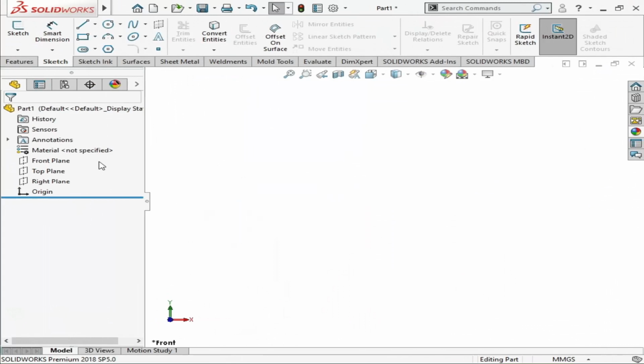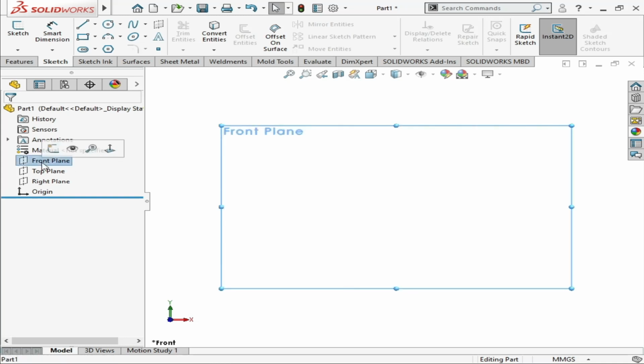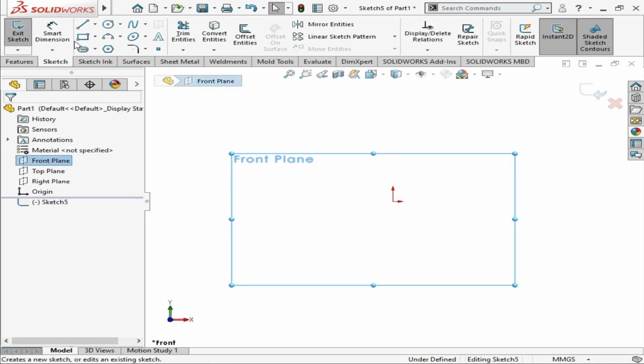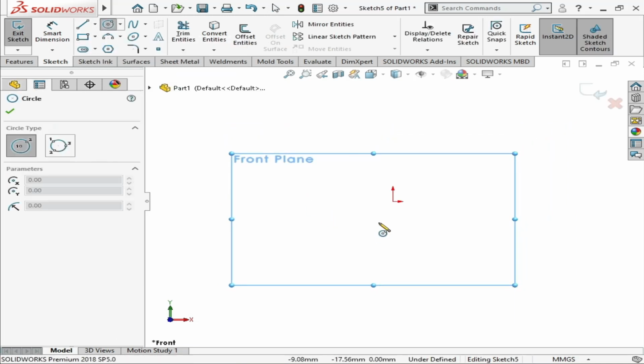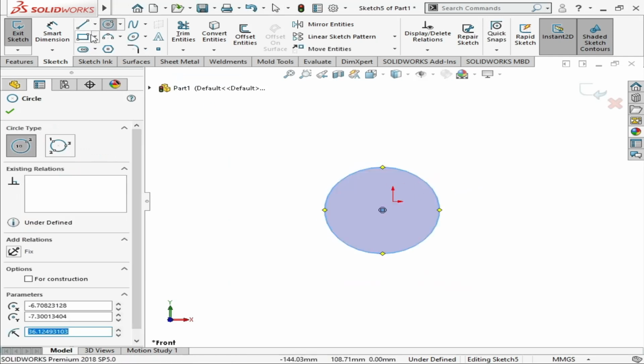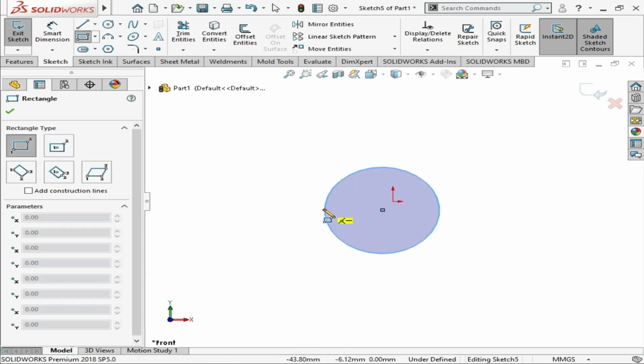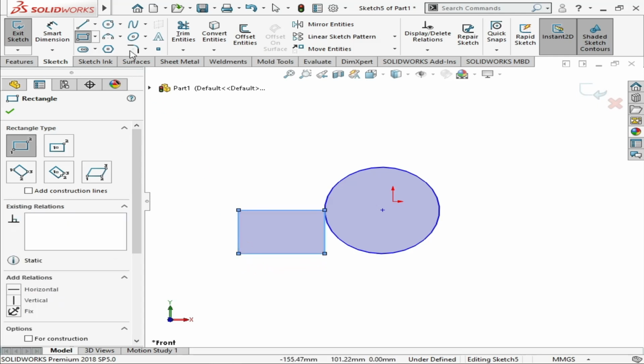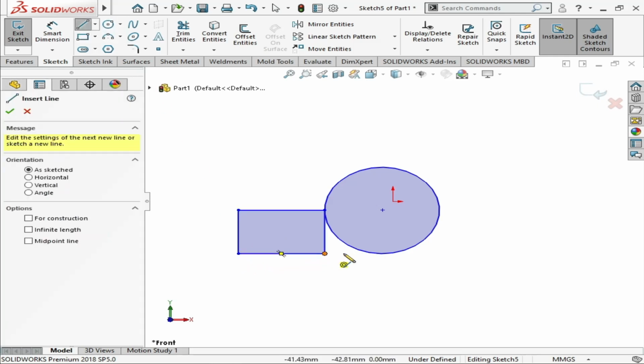In the fourth lecture of the 3D modeling, we are going to discuss sketch rename, zoom to fit and selected zoom tool. First of all, we will start with the front plane, click on the sketch and we are going to make a sketch. For example, we are going to make a circle, a rectangle, a line,